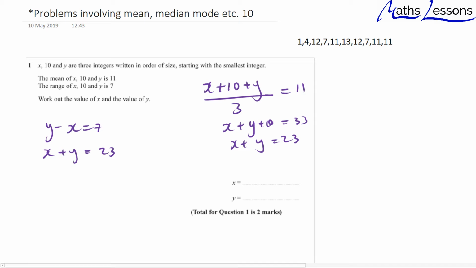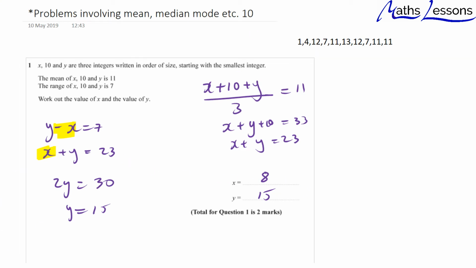Now what we notice is the x's have different signs. If you remember yesterday from simultaneous equations, you've got different signs, you add them together to cancel. We could take away and get rid of the y's, but it'd be much easier if you add these together to cancel the x's, because then you have no negatives going on. So y plus y is 2y. 7 plus 23 is 30. So y equals 15. And we can do it either way. x plus y equals 23. So take 15 away from 23 and we get x equals